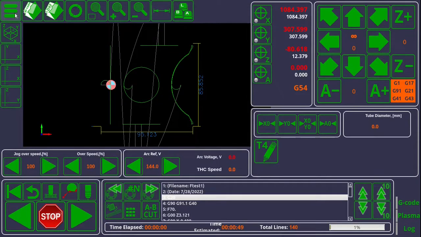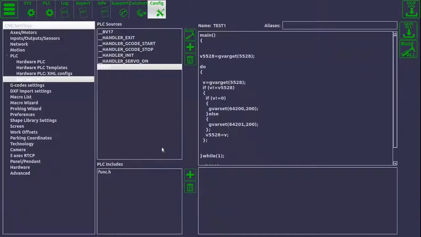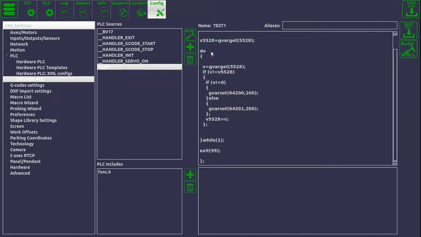And what we have is a software PLC that you can find by going to your settings, configuration, software PLC, and here I have a small test PLC that features the following code. So first of all, since this test PLC doesn't have the two lines right here at the start, it loads when the software is first started, and then it continues running. And it continues running in this permanent do-while loop, within which we're looking for the state of